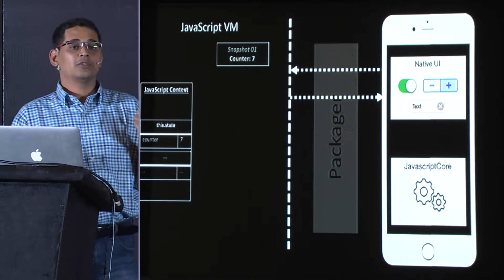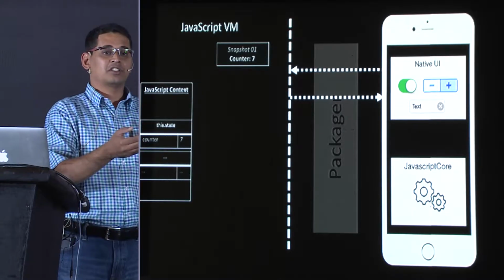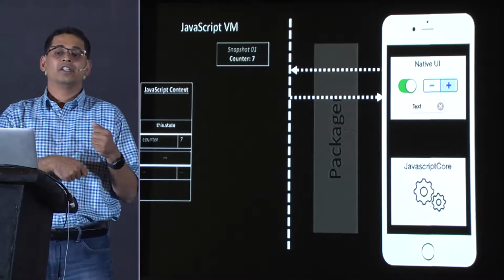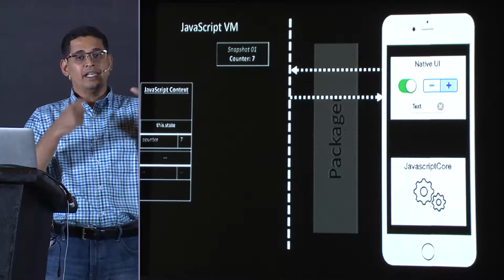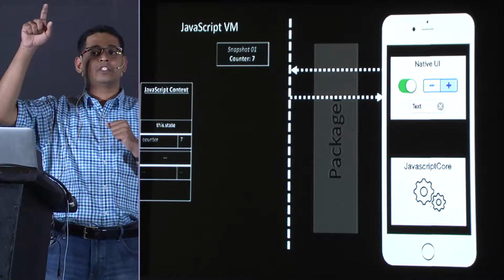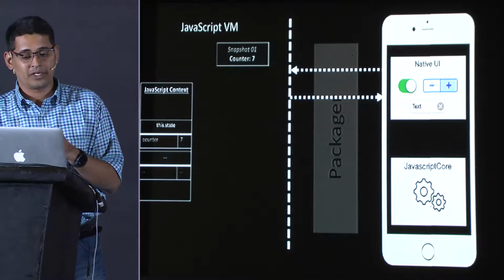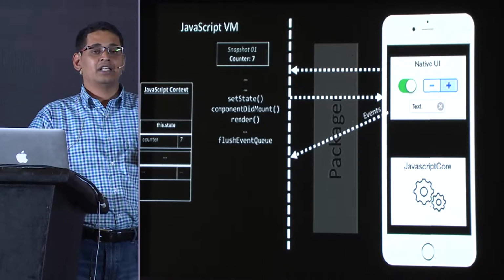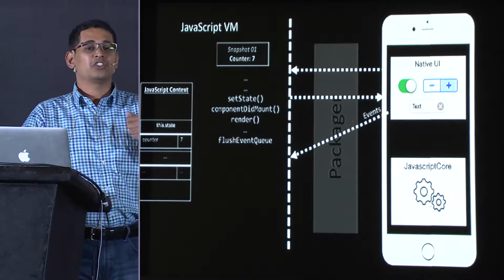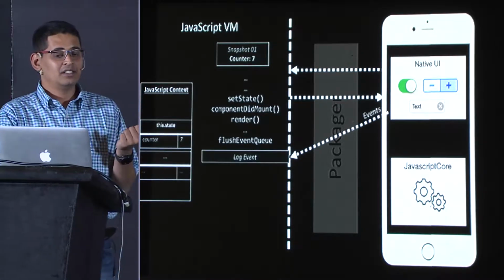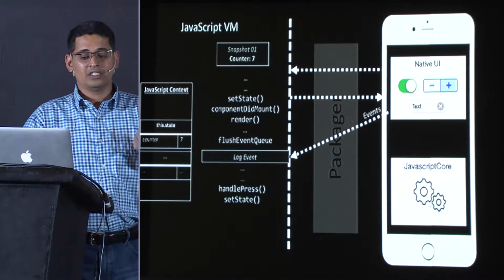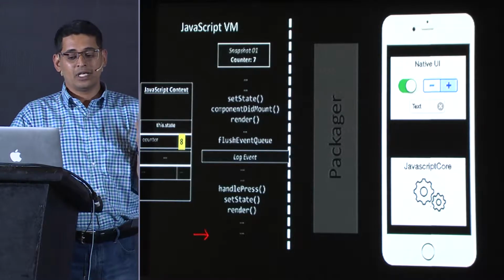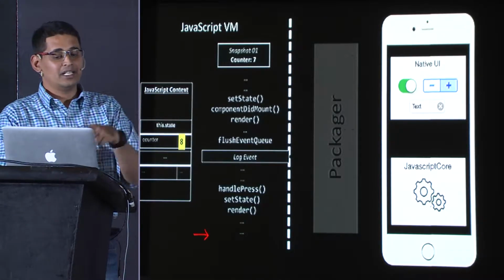And the reason we do a snapshot is because in JavaScript, if you run an instruction, there is no undo, really. I mean, you can't run an instruction and then unrun it, right? So instead of doing it that way, it actually takes a snapshot, runs all the way back to the snapshot, and continues. So let me show you an example. In this case, it's going to run a bunch of instructions. There might be external events like reading from a file system or network, which is non-deterministic. So it's going to save that. It's going to continue running my code, and this is where my state changes from 7 to 8. And then it finishes running. So at this point of time, my instruction pointer is at this level.